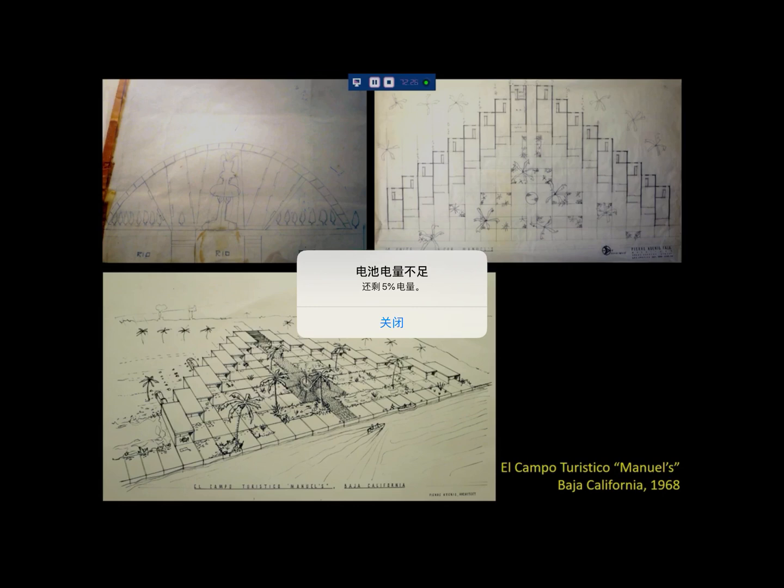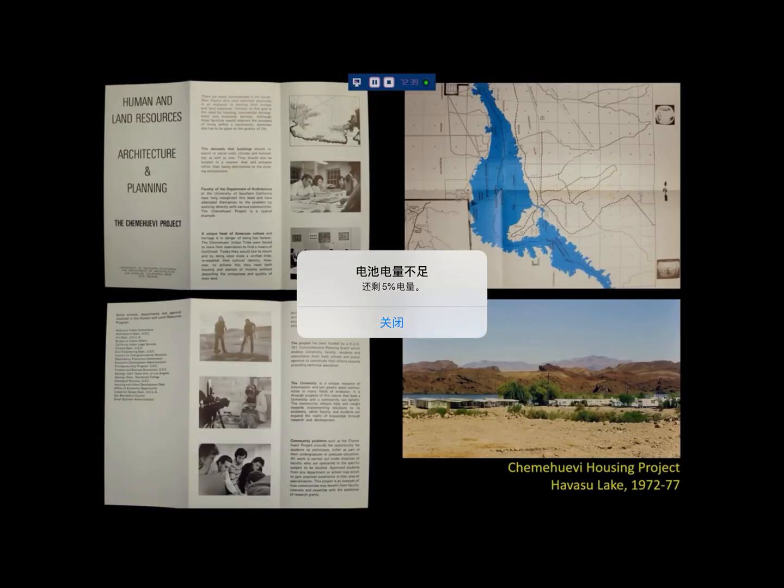And the biggest example, and the most adventurous, I suppose, of them, was the Chemehuevi housing project at Havasu Lake. Havasu Lake is a lake on the borders of the state of Nevada and the state of California. California is on the left of the plan, Nevada's on the right. This is in the desert, as you can tell from the picture, and this is where the Chemehuevi tribe, the Native American tribe, had their